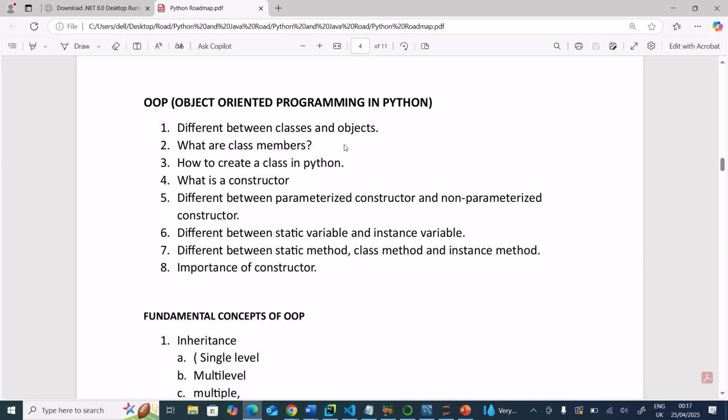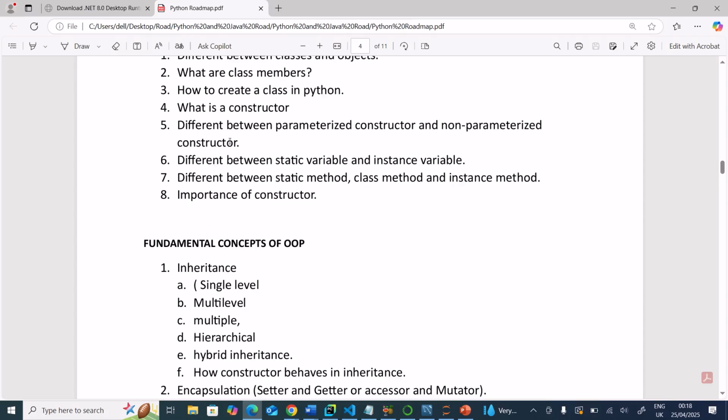Object oriented. We now move to OOP. See, no matter what you want to do, object oriented is very, very important. Whether somebody wants to go for data science, machine learning, AI, or backend, irrespective of the library or framework you want to use, OOP is very, very important, because they are always built on top of what? Object oriented. That's why we even say everything in Python is an object. Because when we start the full course on Python, one of the definitions of Python is that it is an object oriented programming language. So being object oriented, OOP is very important.